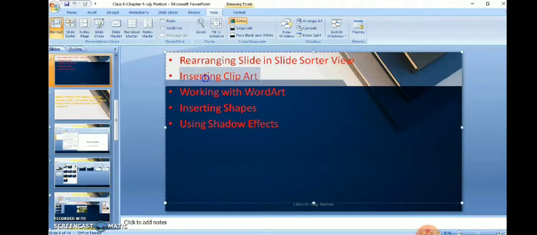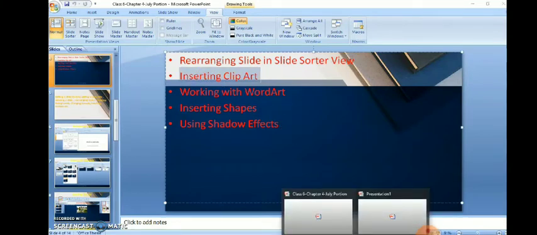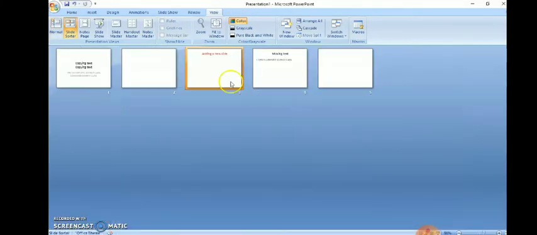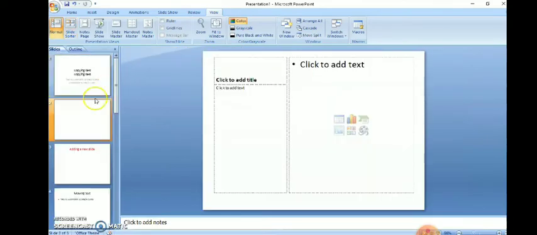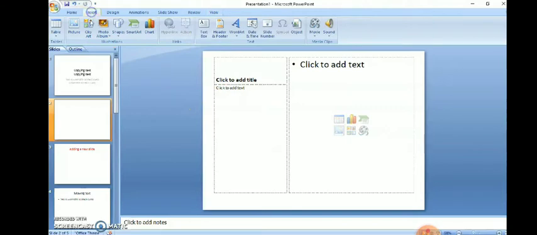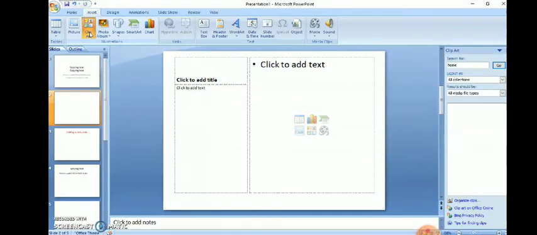Next is inserting clip art. Clip art means, I think in the last video I also explained, if I have to search for related images, I can add that. Insert Clip Art. I am searching for something related to home and clicking on Go.